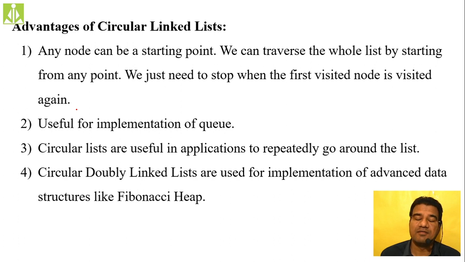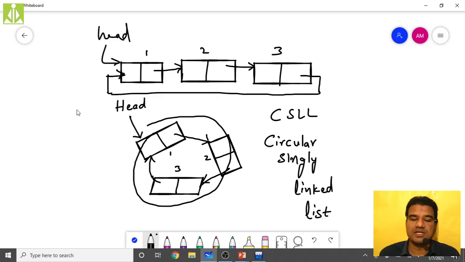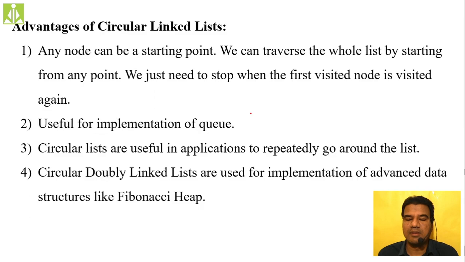We have to remember that in the traversal process, we have to stop where we started. Let us say this is my head node. If I am starting my traversal from here, I visit this node, then this node, then this node, and once again I come back to here only. Since I started from here, if I reach the same point, I have to stop the traversal. That is the only thing I have to remember. So like that you can remember the concept.